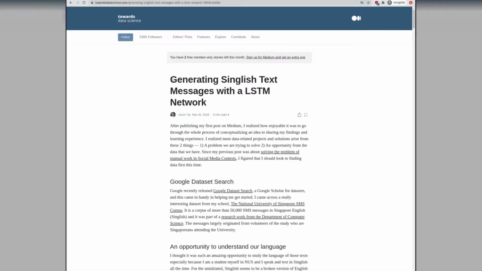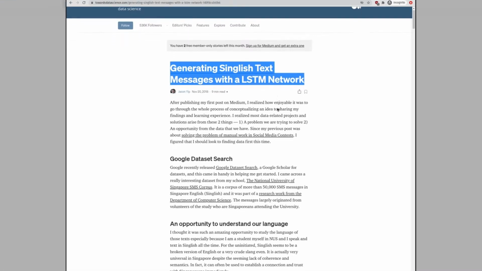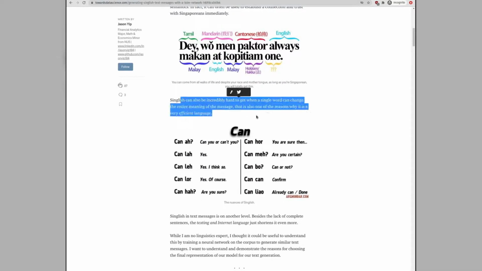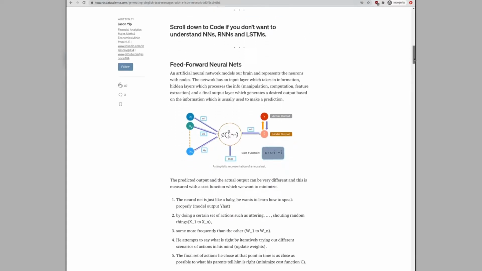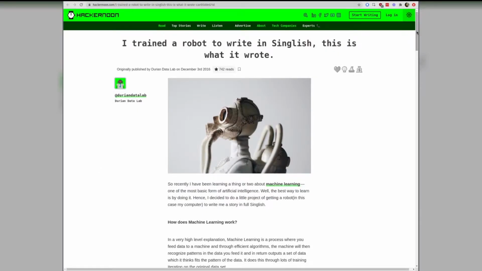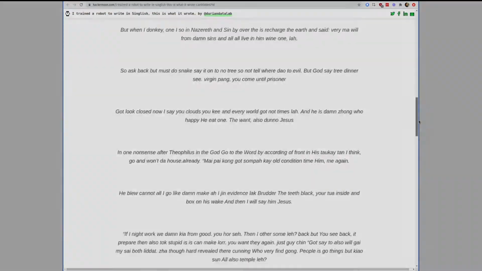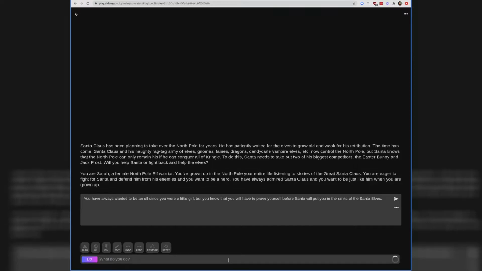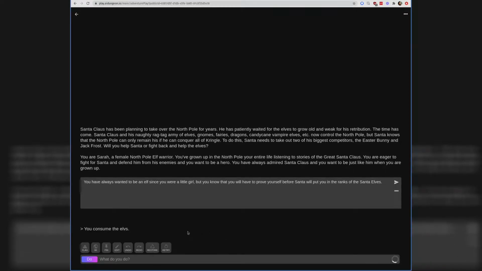Hi. So I've been meaning to learn how to use AI to do text generation, and a few years back I came across this article about someone from Singapore training a model to generate Singlish text messages as responses. And recent advances in the GPT-3 engine really caught mainstream attention. And I thought it'd be pretty cool to try out something within the text generation or AI field.